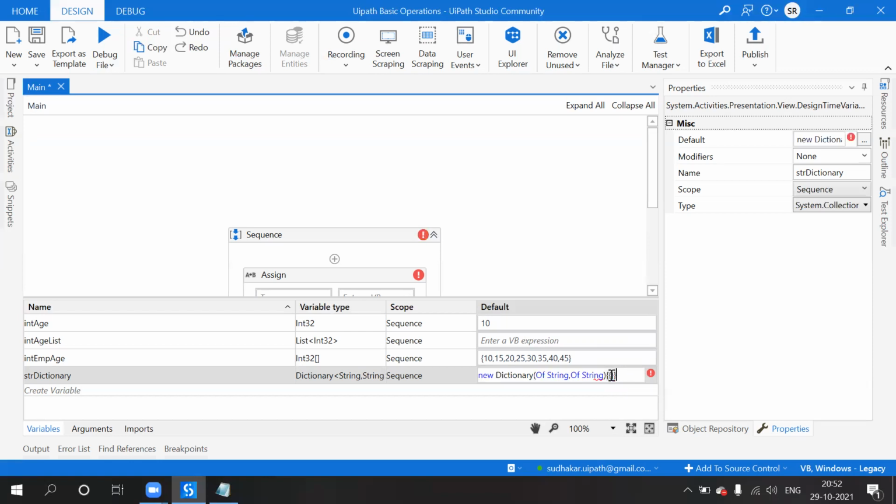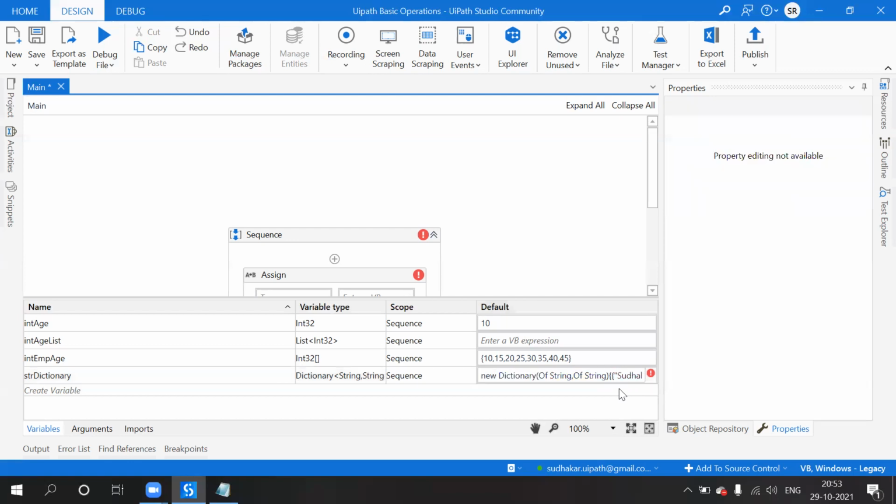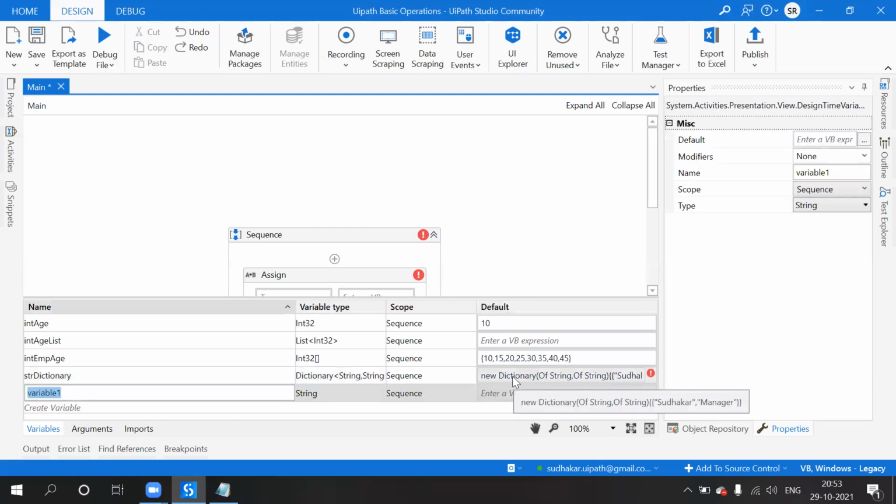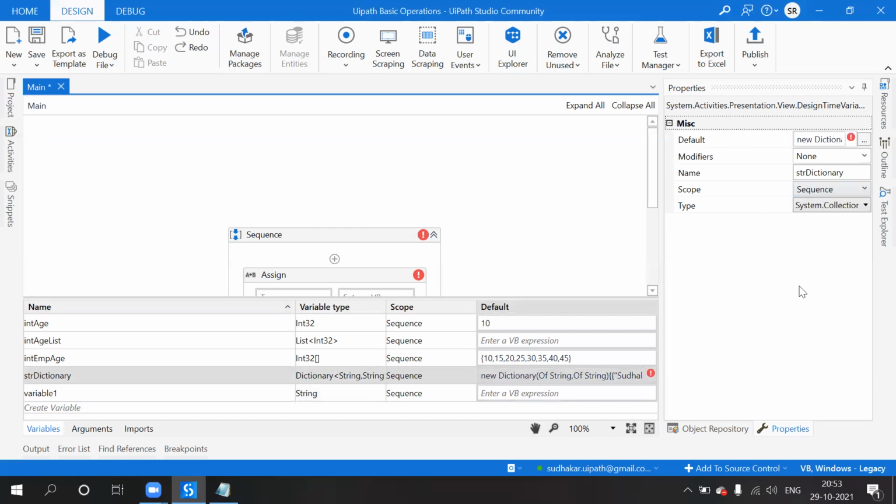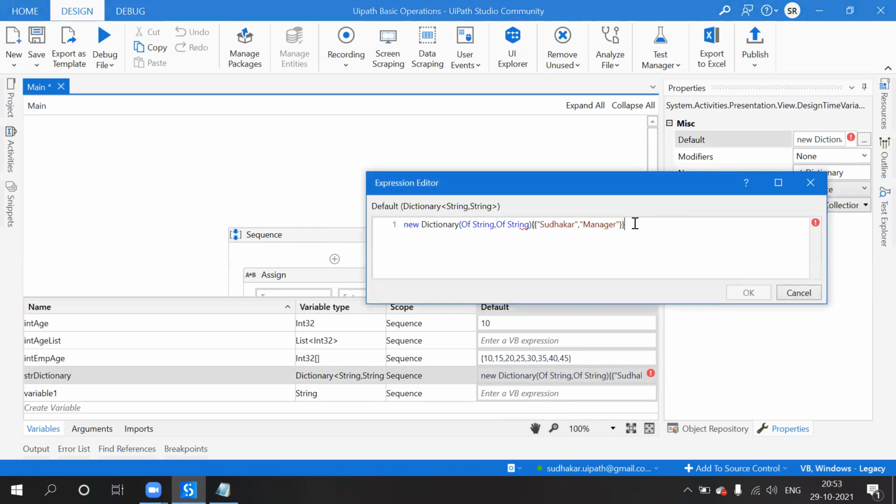So here I am going to give my name is Sudhakar, comma, the value is I am a manager. New dictionary.